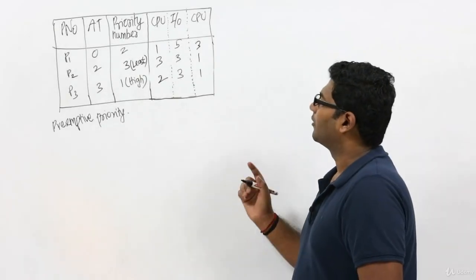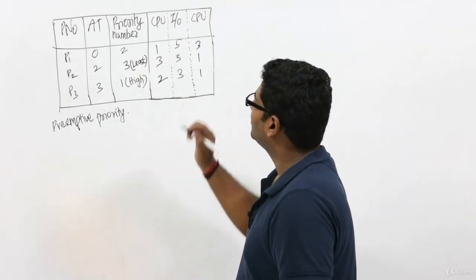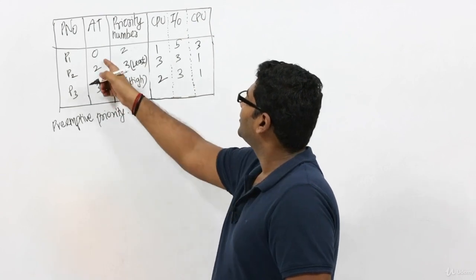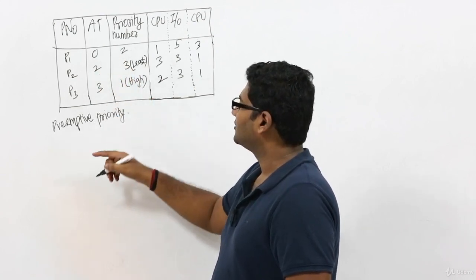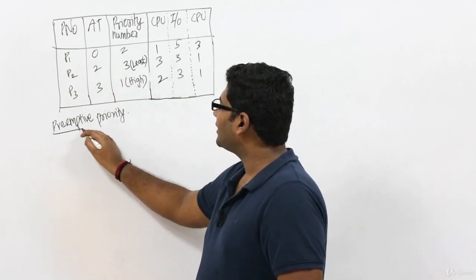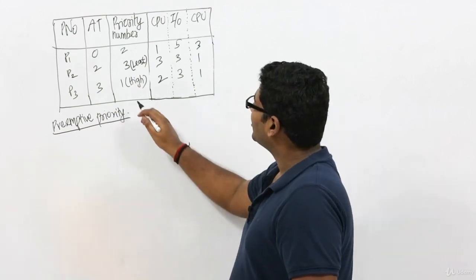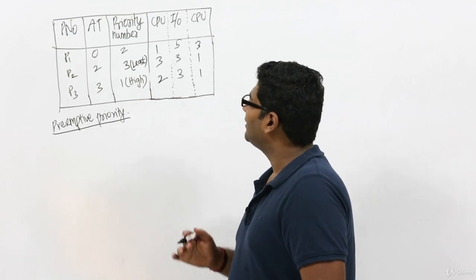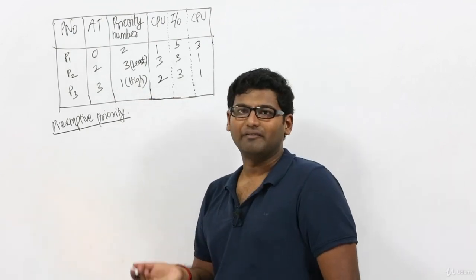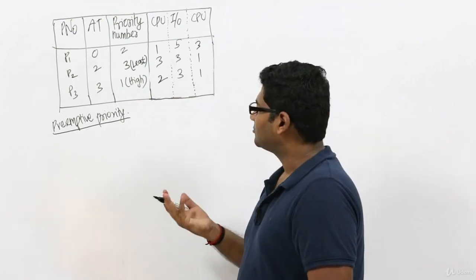Now let's solve this problem, okay? They have given this table with arrival time and priority number, which means we need to use the preemptive priority based scheduling algorithm. They have also given that the process with the least priority number should be given the highest priority. As per that,